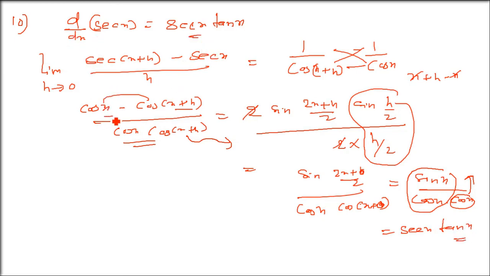So this is d by dx of sec x equals sec x tan x. Now this is last but not the least. One more we are going to do to complete everything. This is d by dx of cosec x is equal to minus cosec x cot x. Why am I telling you all this? Because once you do the problem, you don't have to worry about the first principle now. You can apply the limit, especially in the higher classes, you can just apply the direct differentiation value.